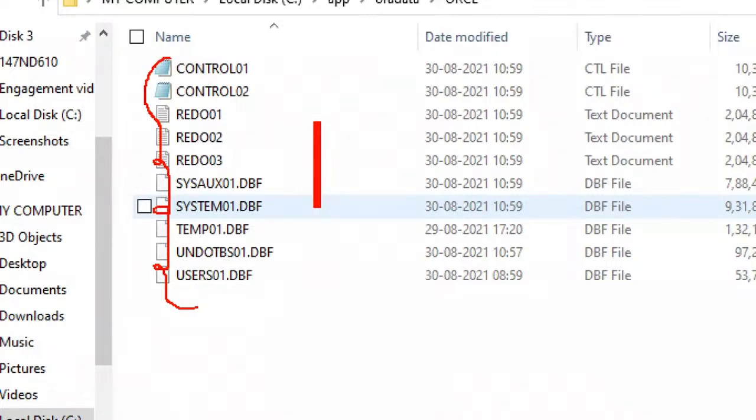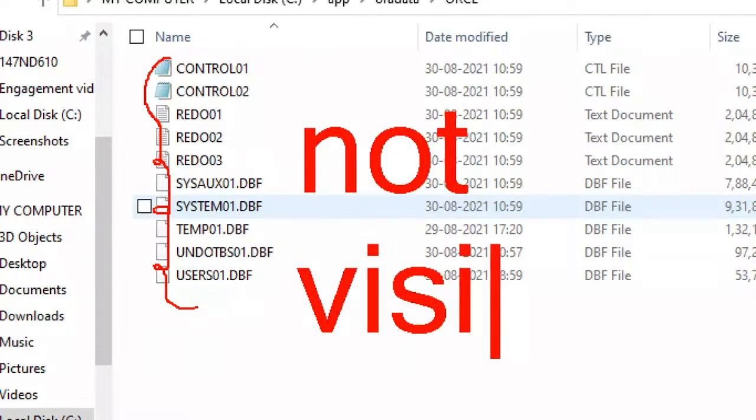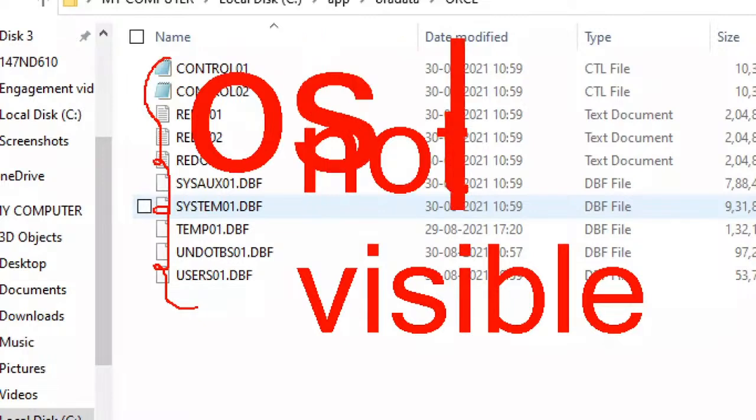But unfortunately, Z is a table I'm giving. Is that table visible in the operating system or not visible? Very good. Not visible. Are you observing or not? This is not visible. That's why a structure which is not visible in the operating system, the OS, is called a logical